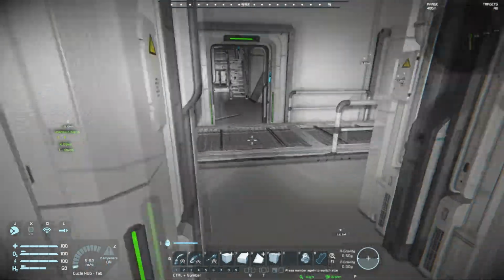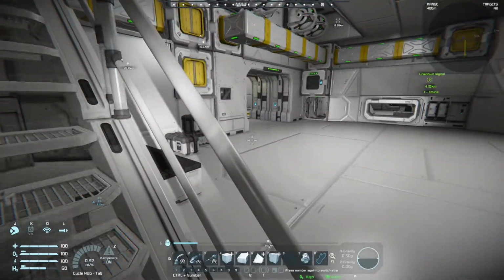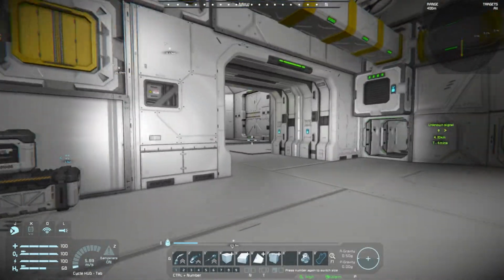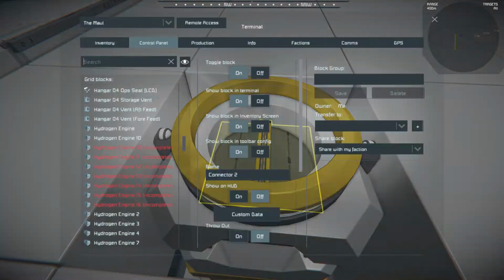So that's going to require us to head downstairs and do a little bit of work down here. No. Did I leave any of these hangars open? I did. Okay. I can never remember if I left the hangars open or not. Alright, so this is going to be... This is hangar 1. And it's going to be... Floor connector... Forward...